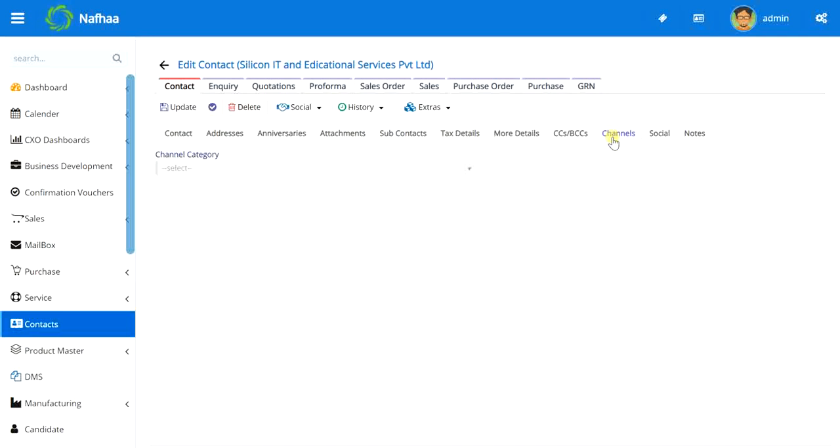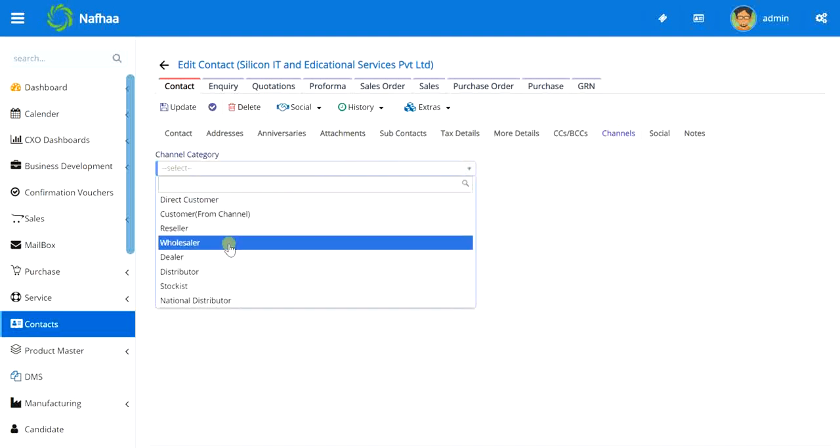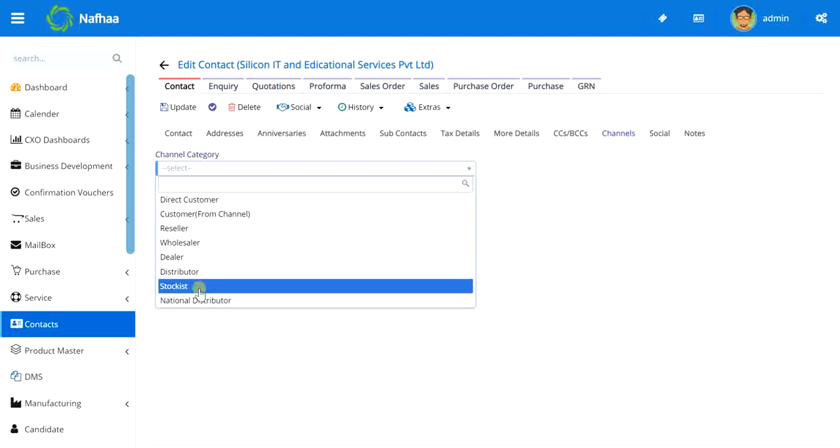Nafa will automatically check whether this customer is a direct customer, or a customer from a channel, or a reseller, a wholesaler, a dealer, distributor, national distributor, or a stockist. According to the price chart, Nafa will automatically pull the price for the category and set that price for you. No need to refer to the complex price list.